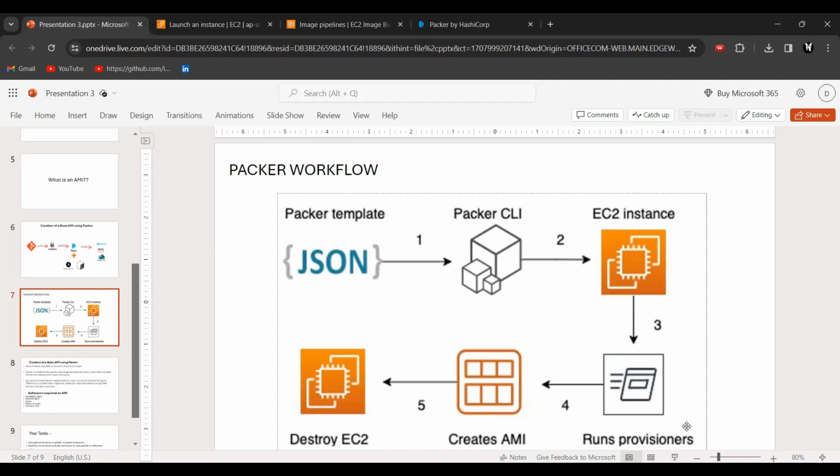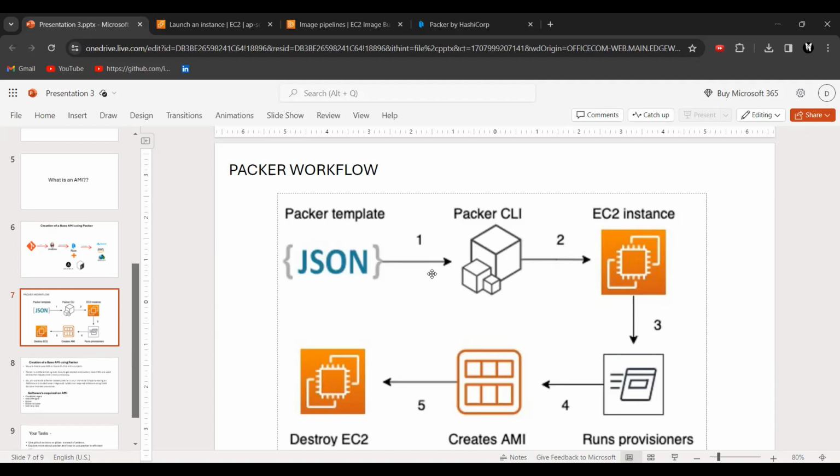In that provisioner.sh, you give what all softwares need to be installed in this AMI, so that you can use it for your industry purposes. And next, it will automatically destroy this EC2 instance. This is quite an automated way. We need to just give this .hcl file and provisioner.sh, and Packer will automatically take care of all these things.